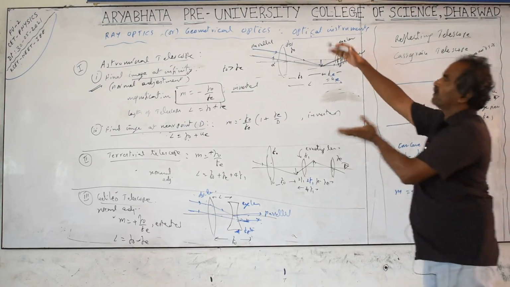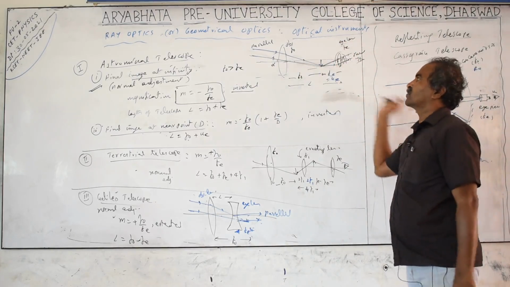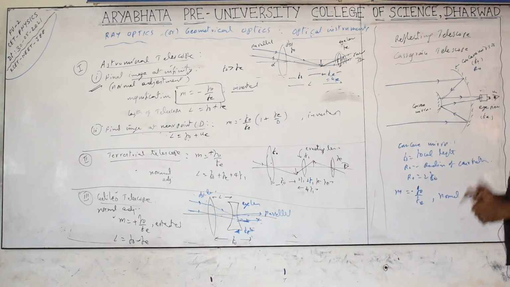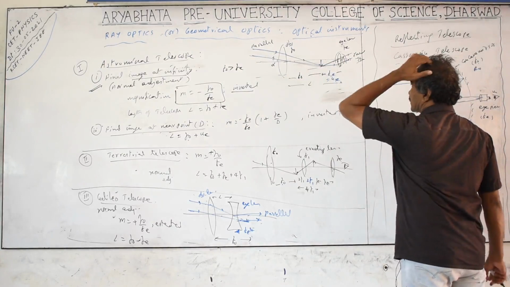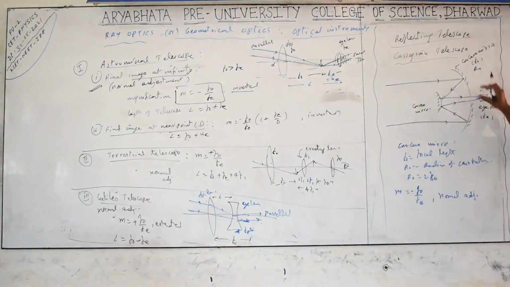But here, with more aperture, if you take a lens, more light is collected, that is true, and resolution increases in both cases. But there is a problem of coloring of the images, and marginal rays and paraxial rays are not focused at the same point, which is called spherical aberration. Two types of distortion are possible in the case of lenses in general. Many are there, but mainly two. But here, that aberration of coloring is not there.